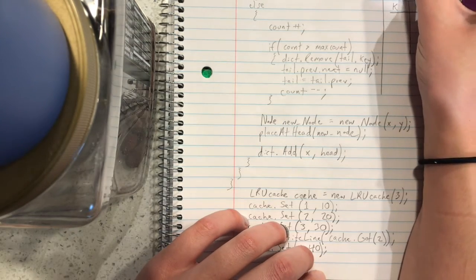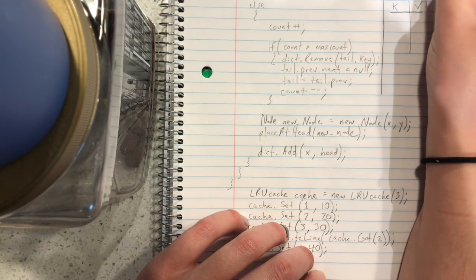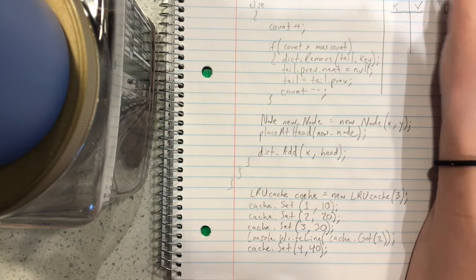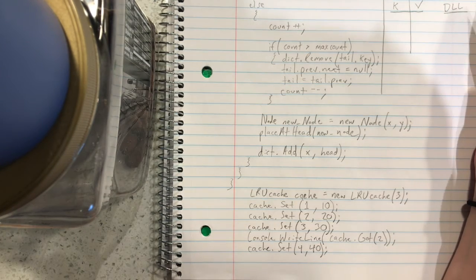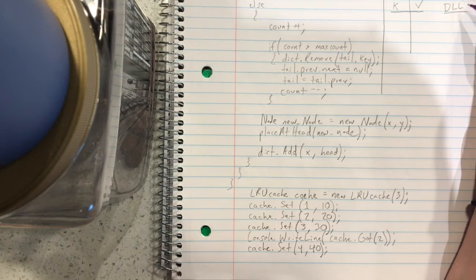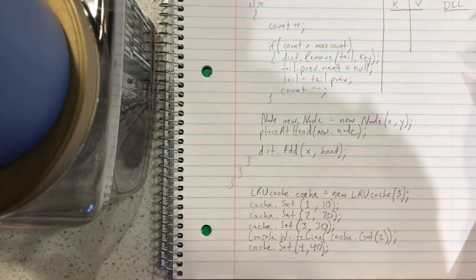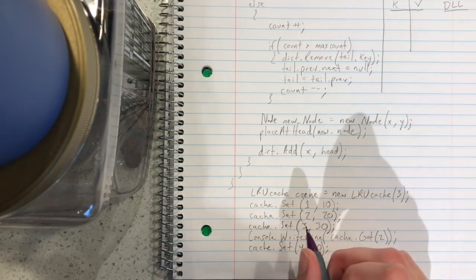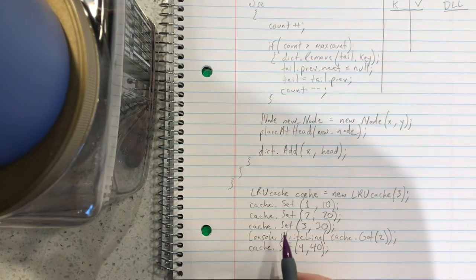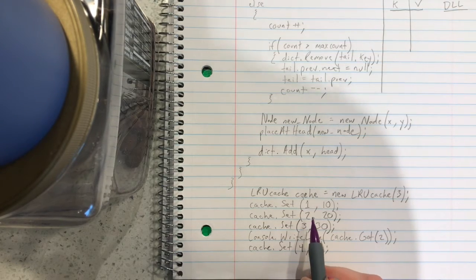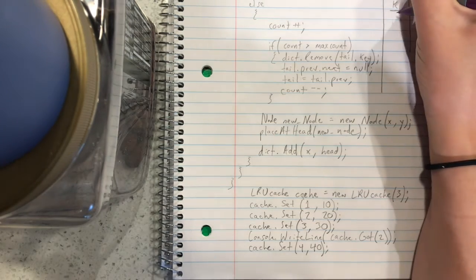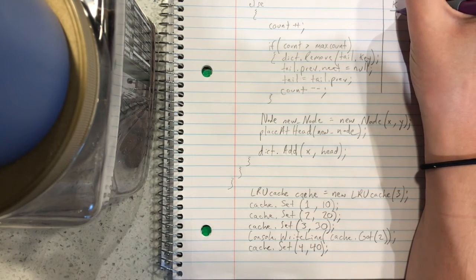So our max count has been set to 3, which means the maximum number of elements that can be in our doubly linked list is 3. So what's happening here is we're setting this key value pair. So 1 comes in as the key,